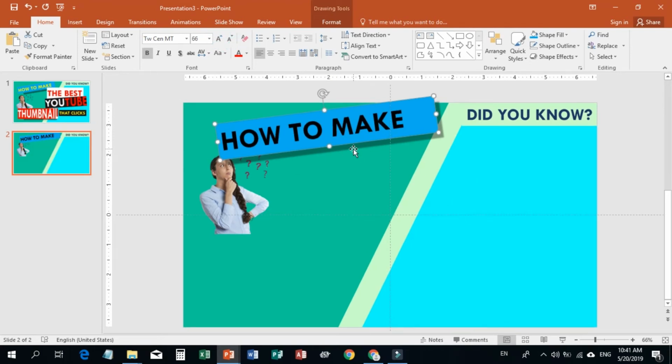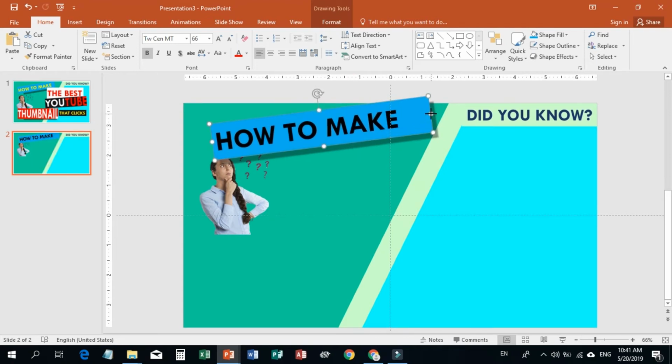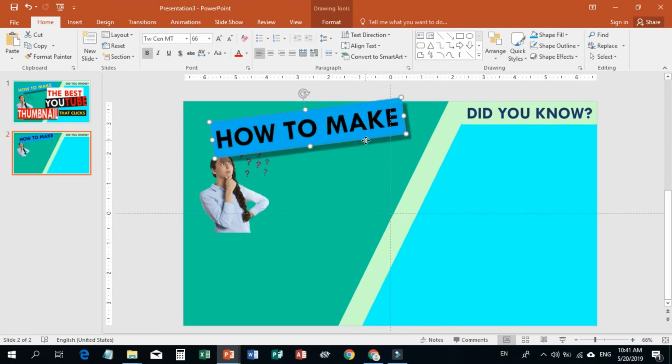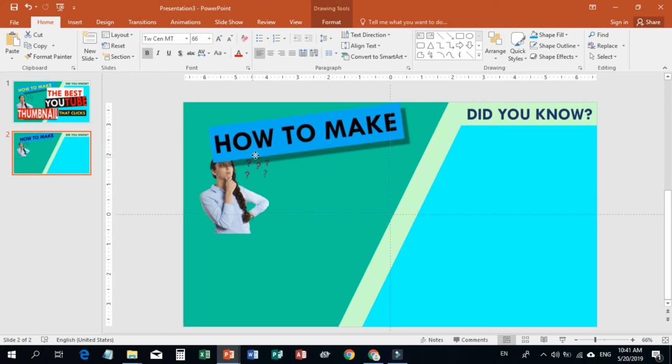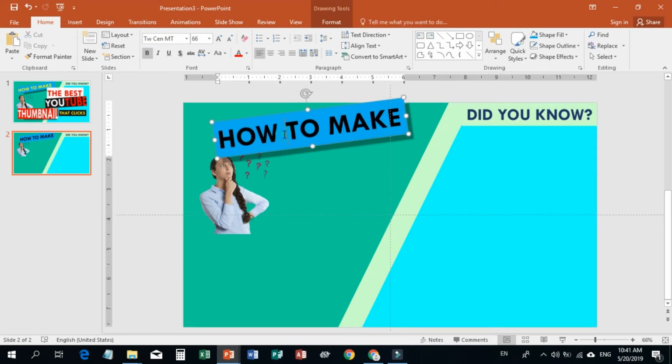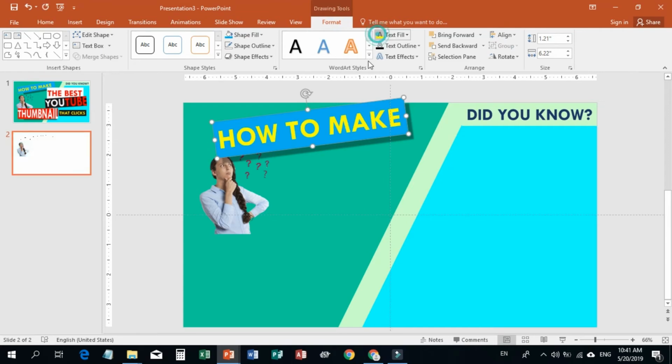All right, 66. And then change the font color into yellow,